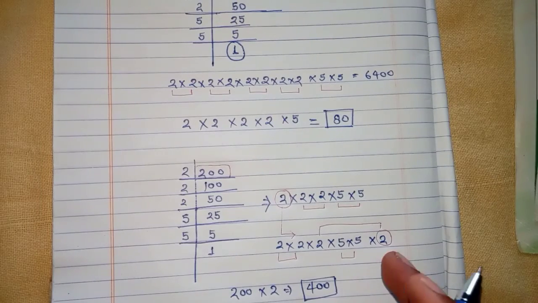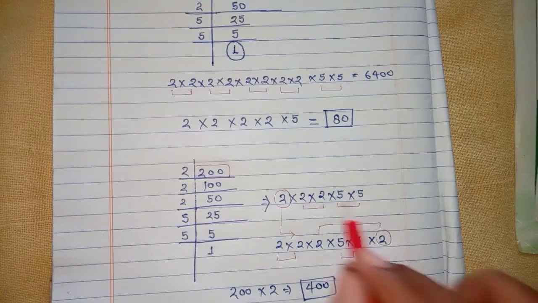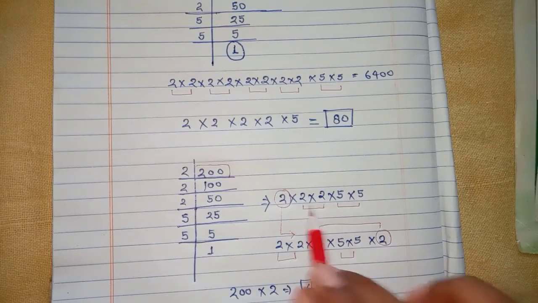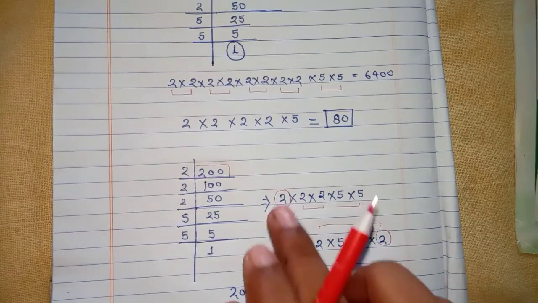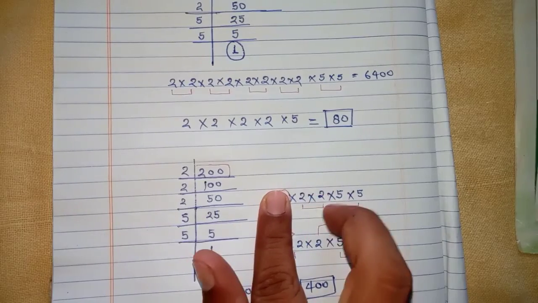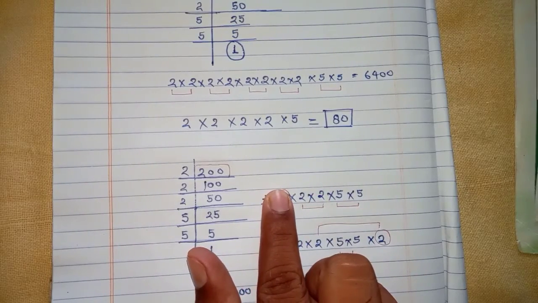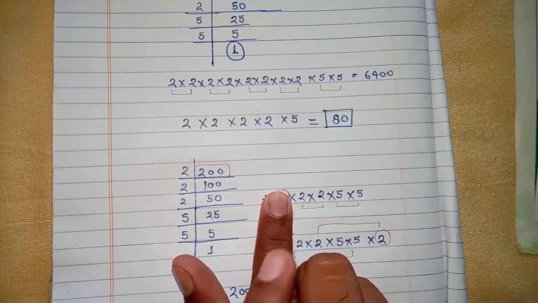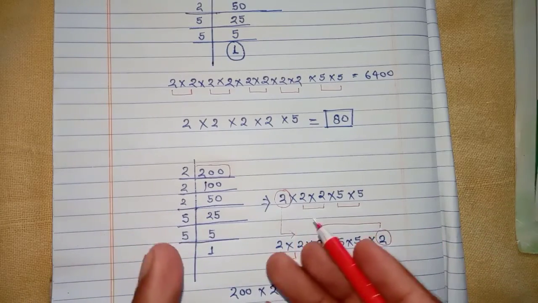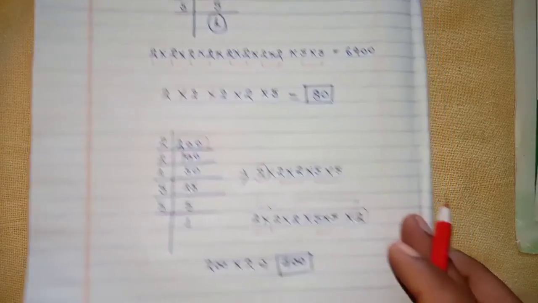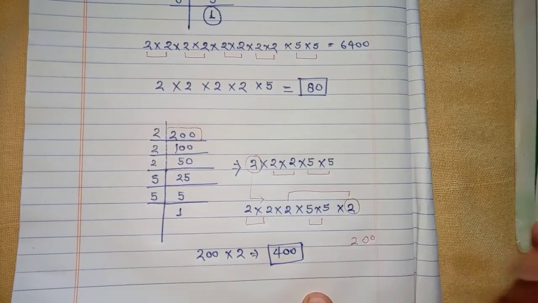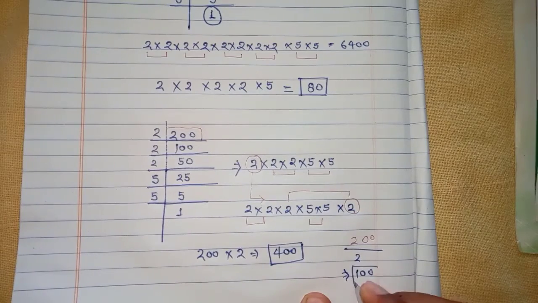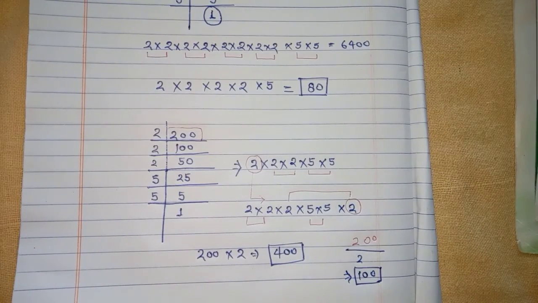Similarly students, if we divide this number by 2, we were given a number 2 which was unpaired, and if we divide this complete number by 2, this 2 will be eliminated. Now we have 2 into 2, 5 into 5, means if you divided the number by 2, the number which you get will be paired. No number is left which is unpaired. Similarly, if you divide this 200 by 2, let's see what the result is. Divide this 200 by 2, you will get 100, and which is a perfect square number, square of 10.